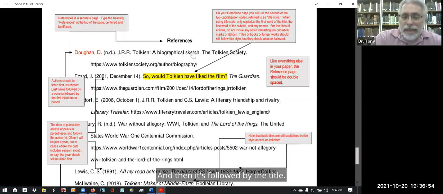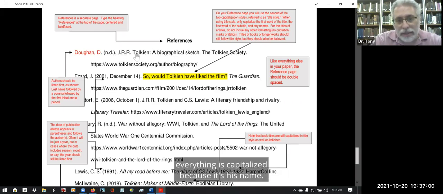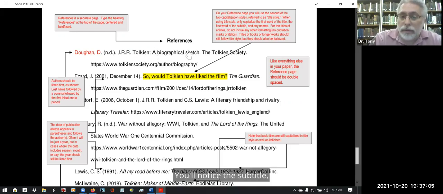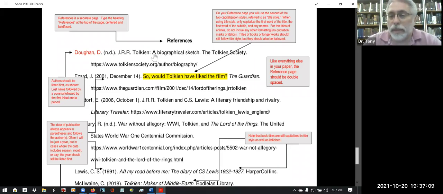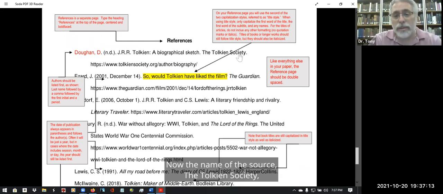And then it's followed by the title. In this case, the title is J.R.R. Tolkien, A Biographical Sketch. So you'll notice that the title itself, everything is capitalized because it's his name. You'll notice the subtitle, the only word capitalized is the first word. In this case, the article. Now, the name of the source, the Tolkien Society,